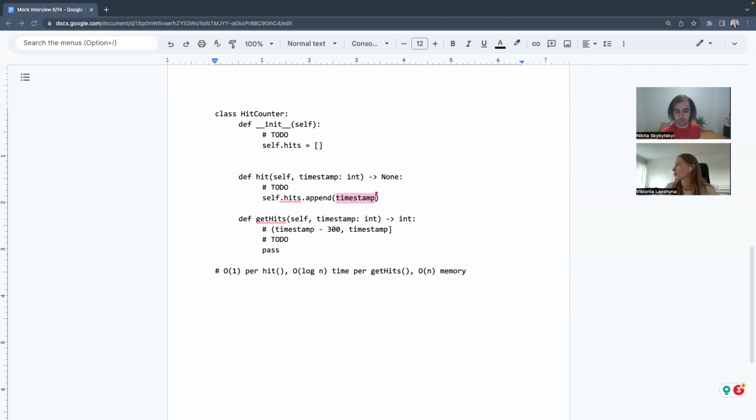So what we want to do in that case is to find the index of the first element that hasn't happened earlier than 5 minutes before the timestamp we are inserting. And once we do find it, we just remove everything before that, and we have a smaller array.